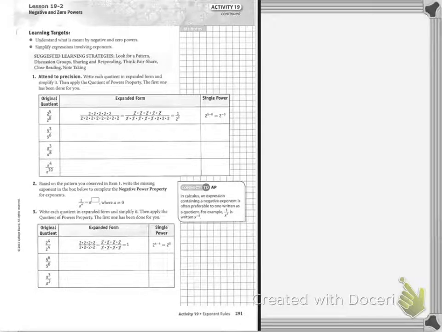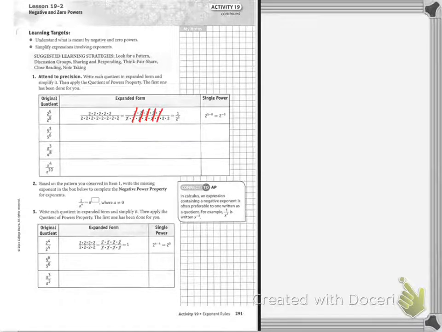Alright, so we talked today about adding and subtracting powers when we have like bases. So today what we're going to look at is what happens when we have more on the bottom than on the top. So if you look here, 2 to the 5th, they wrote out 2 times 2 times 2 times 2 times 2 over 2 to the 8th, which is eight 2's on the bottom. And you can see